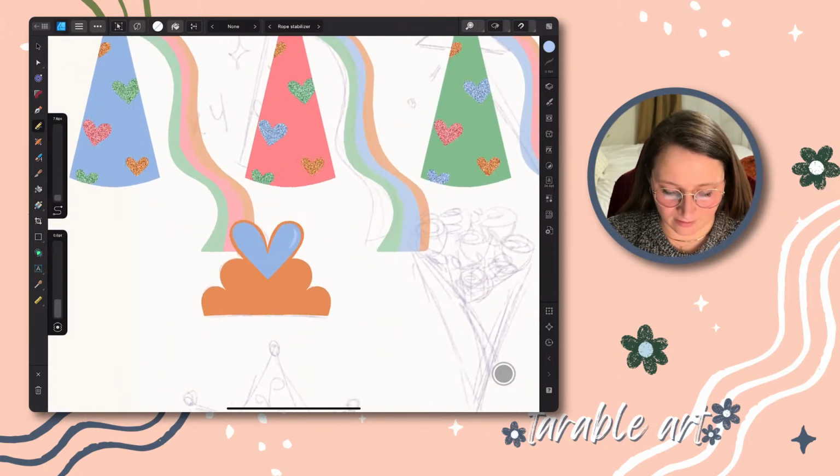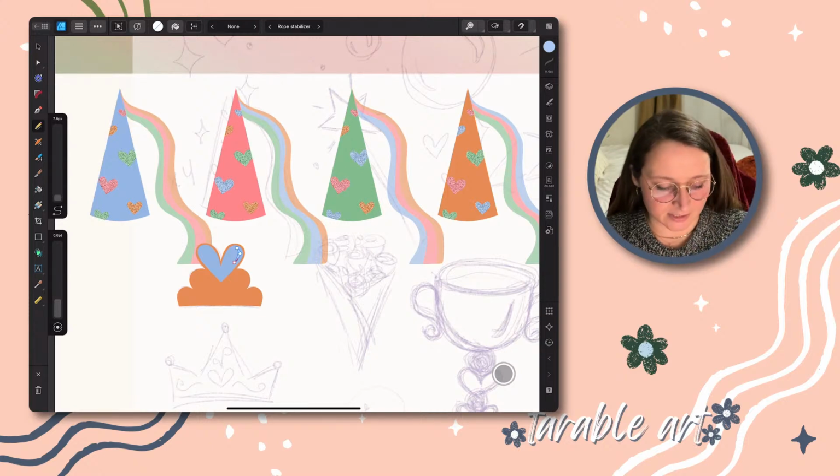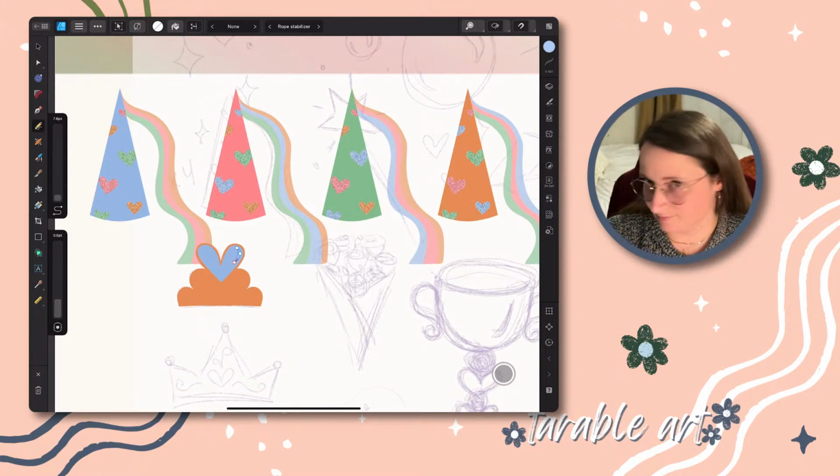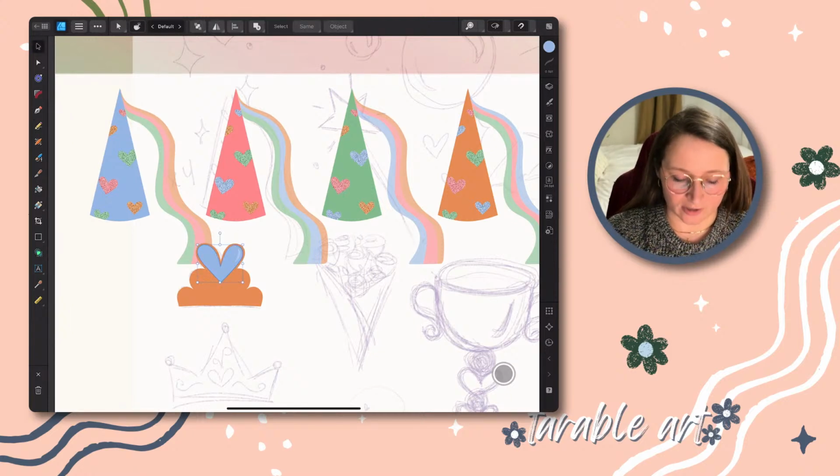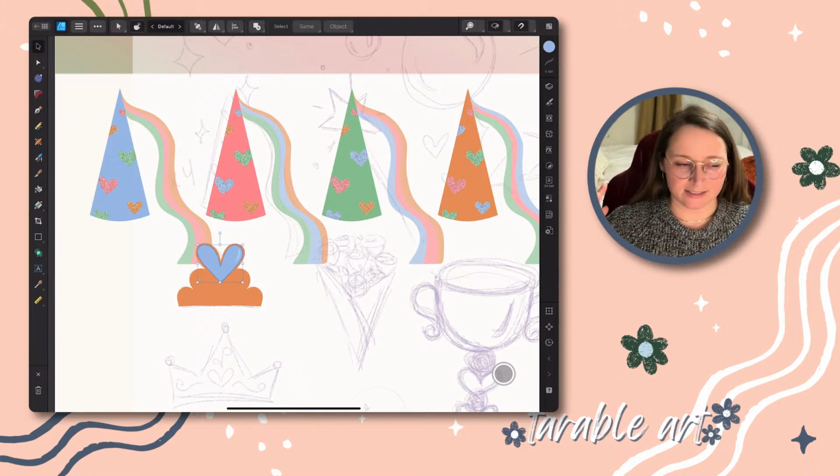Actually, I think I made a mistake. I've been using my recent colors this whole time. Rookie mistake. I use global colors every time that I make my stickers because this is how